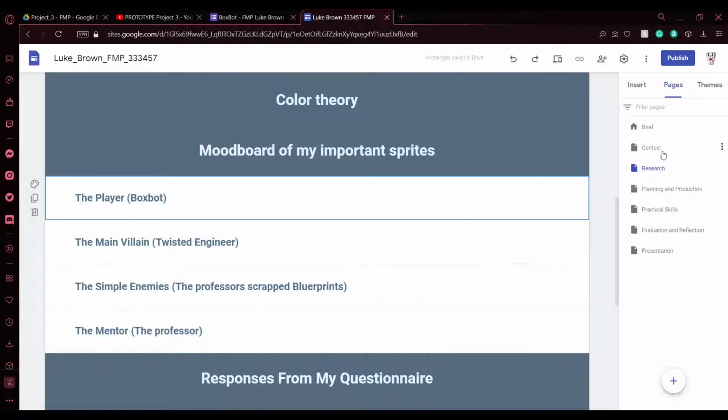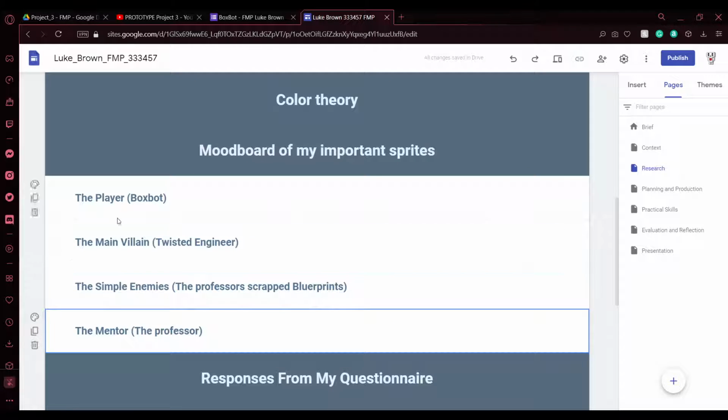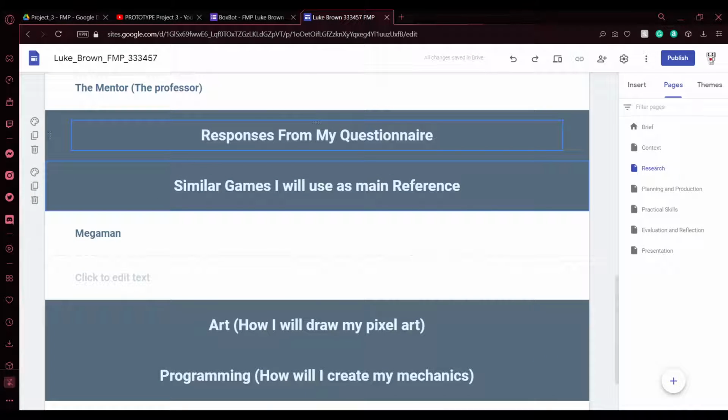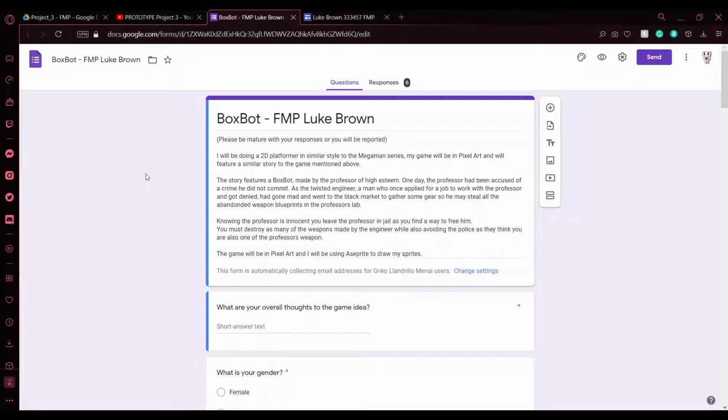I have a file already made for the mentor, but I will be creating the others and then posting them down. When my questionnaire, as seen above, reaches enough responses, I'll be posting them all down here. On the subject of the questionnaire, by now I only have 6 responses, but by next week I could have more.